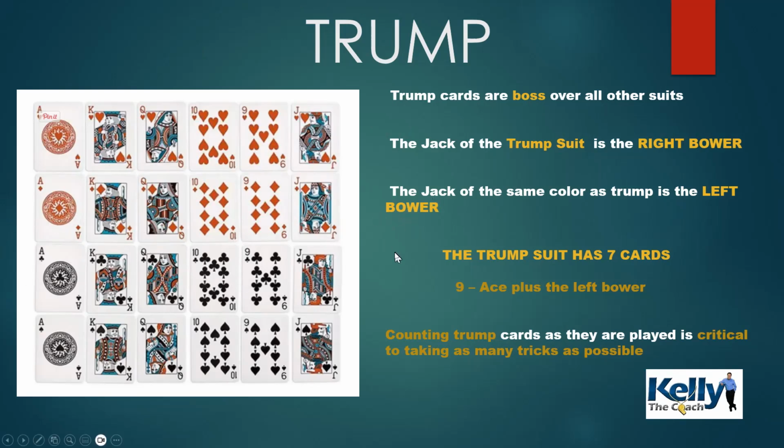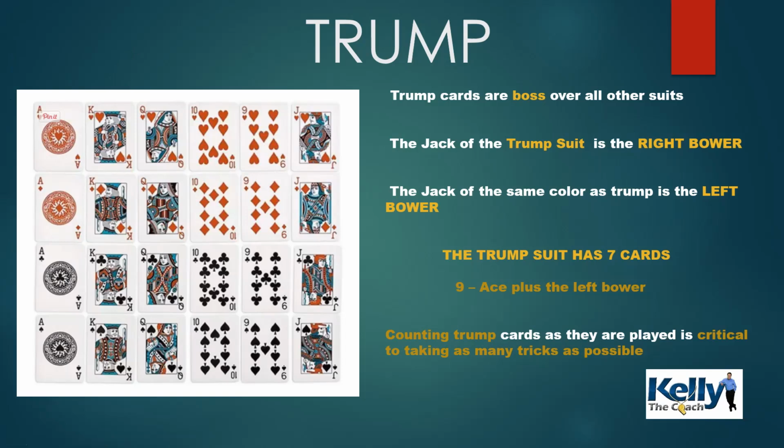And I do like to point that out because sometimes you're going alone, or your partner's going alone, and you're going to be giving them your best card. And I used to wonder, if I've got an ace of spades, but I've got a 9 of hearts, with hearts trump, would it be better for my partner if I gave them the lowest trump card, or the highest of another suit? And the answer is always give them a trump card, the highest trump card, of course,